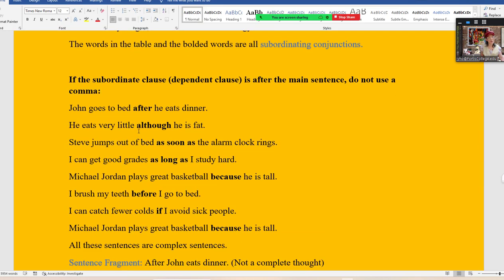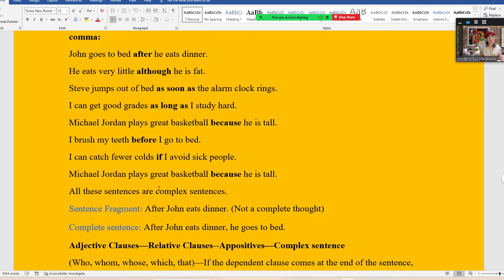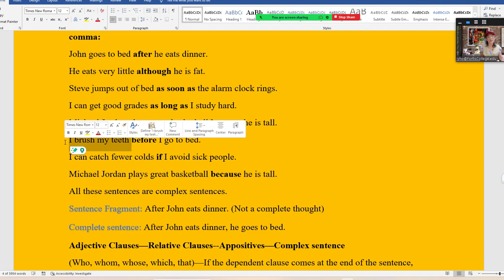So when you have the dependent clause, and also, if I simply say, before I go to bed, and I take out, I brush my teeth, is that a complete sentence, or is that a sentence fragment? You said before I go to bed? Yeah, just, I brush my teeth, only before I go to bed. Oh no, that's a sentence fragment. That's a sentence fragment, yes. So anytime you take away